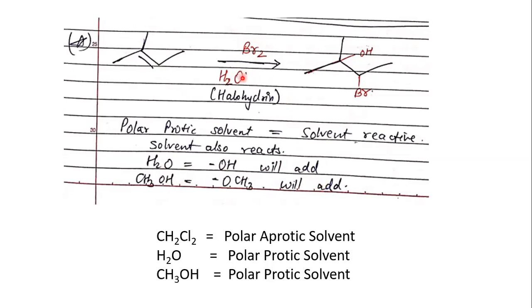So in this reaction, consider Br as your H and H2O as your OH. If you are comparing it with an HBr kind of reaction, your Br becomes your H, and your H2O becomes your Br. So this kind of halohydrin formation can also happen. Again, this will also take place via Markovnikov's addition only. This is not in your portion, but it's good to remember this kind of reaction.